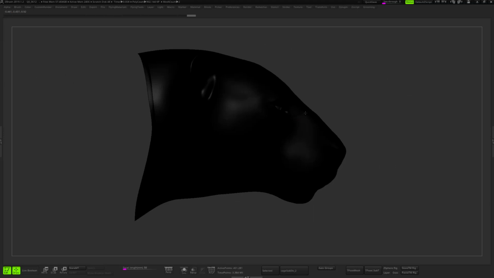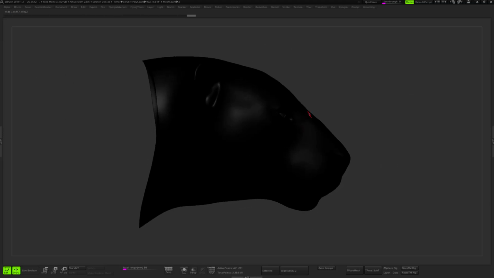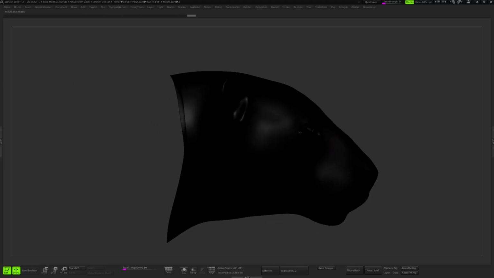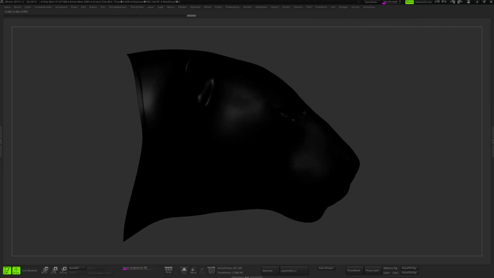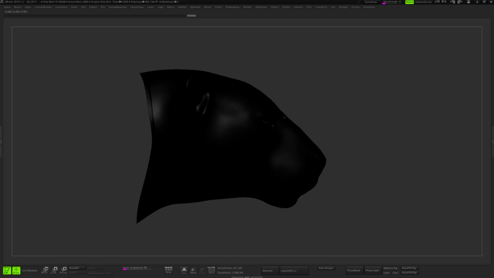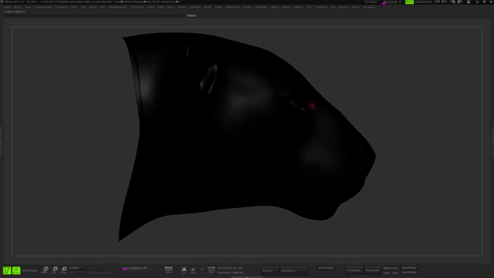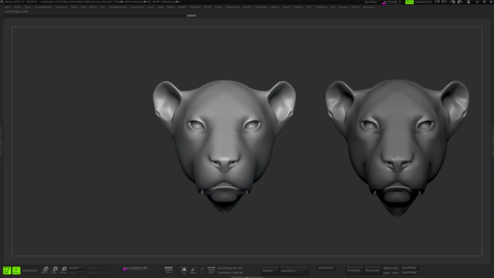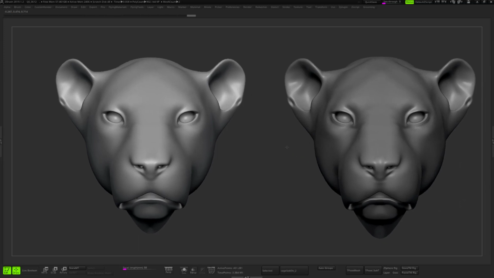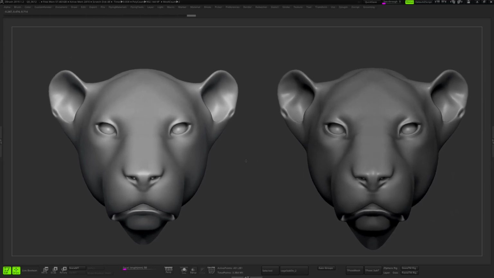So this workflow has been available in ZBrush since ages, and I don't want to take credit for it because I just saw this LinkedIn video showing this kind of tutorial. I cannot remember the name of the guy or find it again. So I just wanted to do another video to show you this workflow because I think it could be really useful for you to use in production as well.